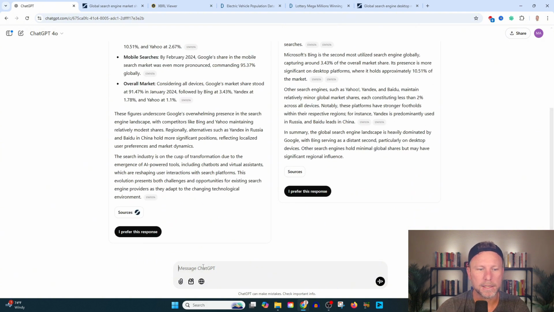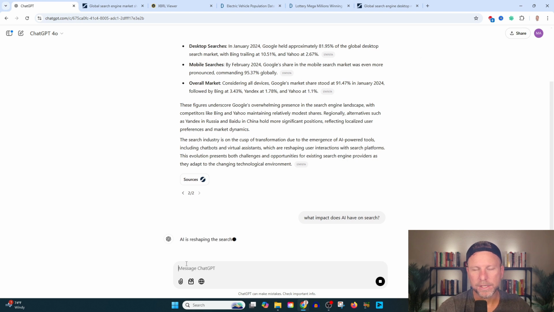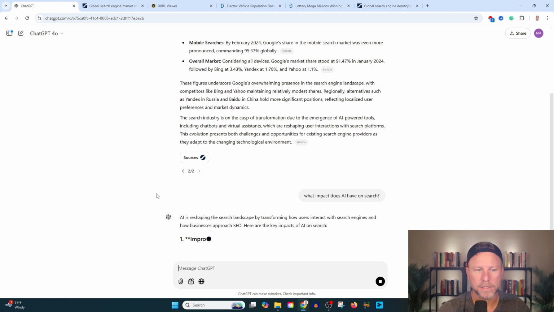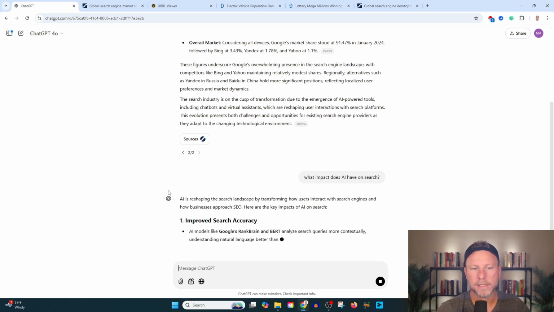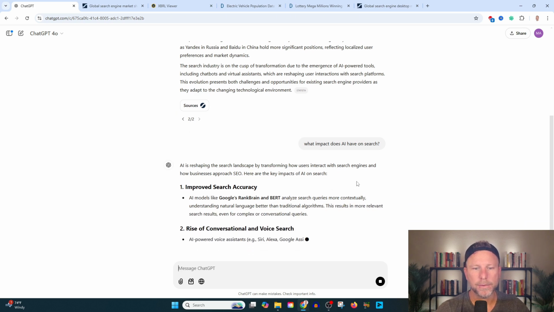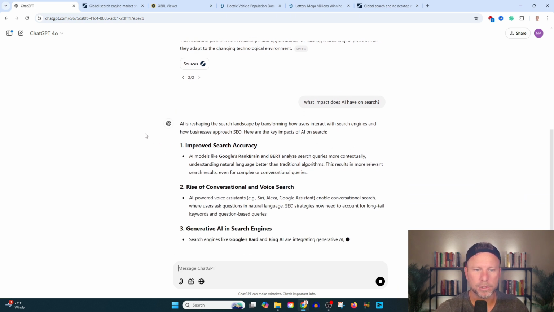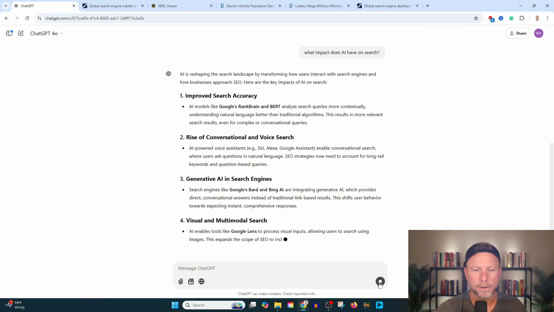And you know what I might ask it here is, what impact does AI have on search? This is something I've been kind of tracking and following. So let's see, AI is reshaping the search landscape by transforming how users interact with search engines and how businesses approach SEO. But you know what I want here? Please substantiate your response with links and references